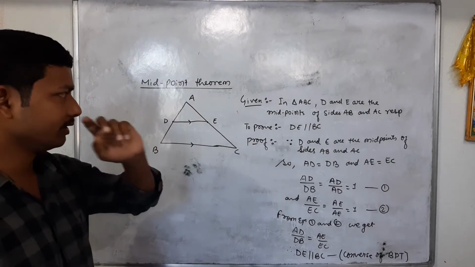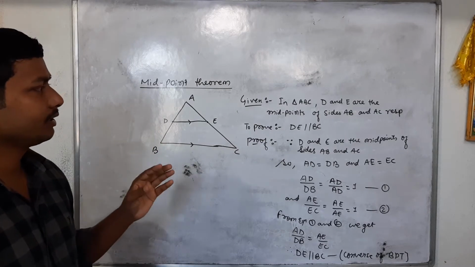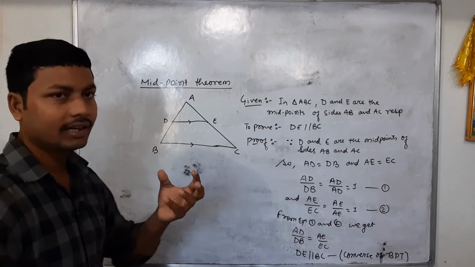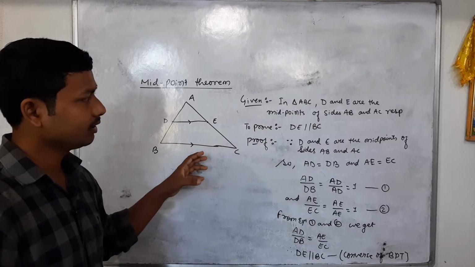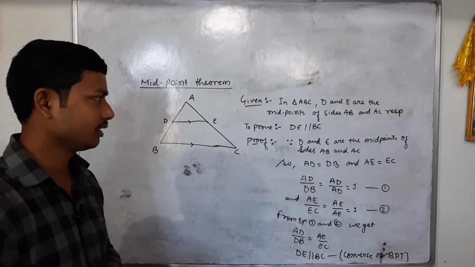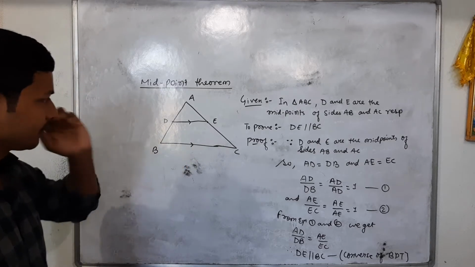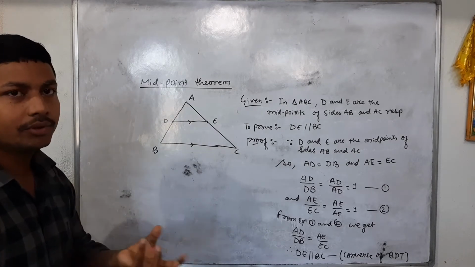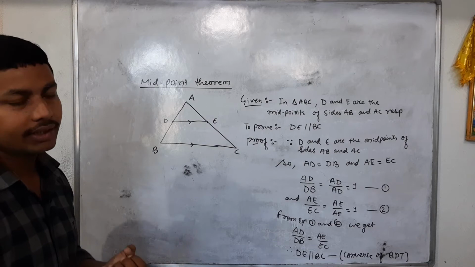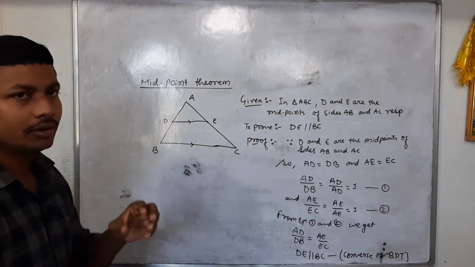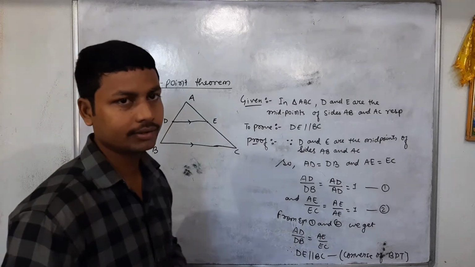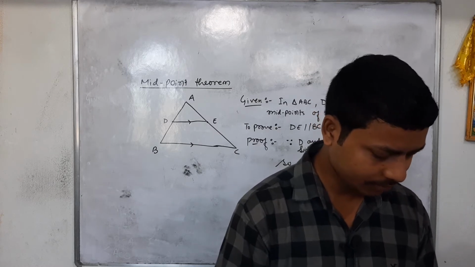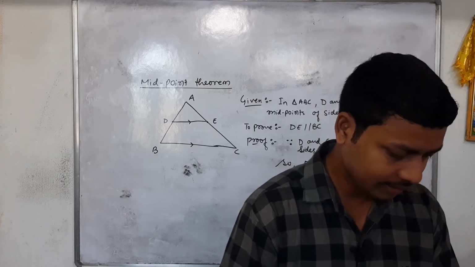and this is your midpoint theorem. It suggests that if we take two midpoints on two sides of a triangle and get a line segment, है ना, that line segment is parallel to the third side. जब कभी भी ऐसा होगा, मतलब कि इसका एप्लीकेशन हम लोग यूज़ कर सकते हैं कि ट्रायंगल के कोई भी दो साइड्स के मिड पॉइंट को ज्वाइन करने से जो लाइन सेगमेंट मिलेगी वो थर्ड साइड के पैरेलल होगी. ओके.